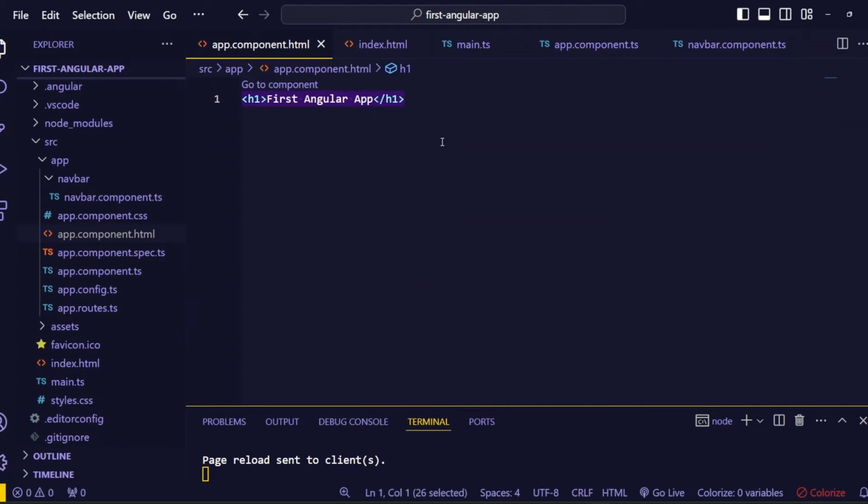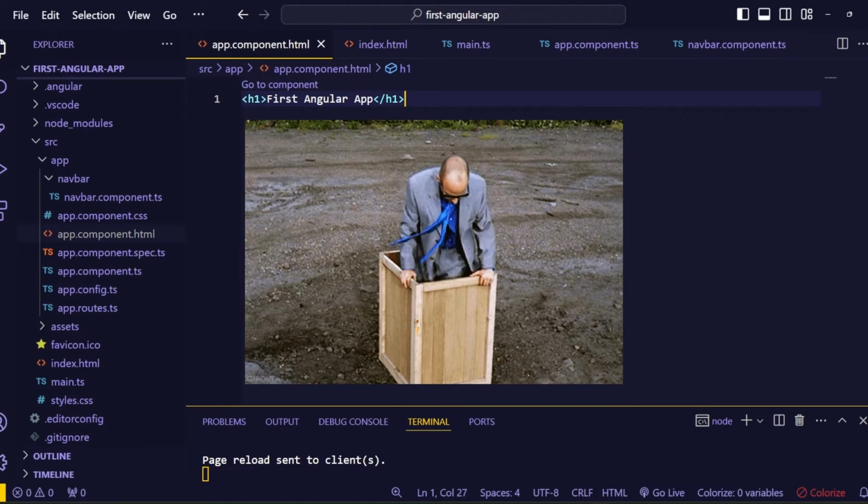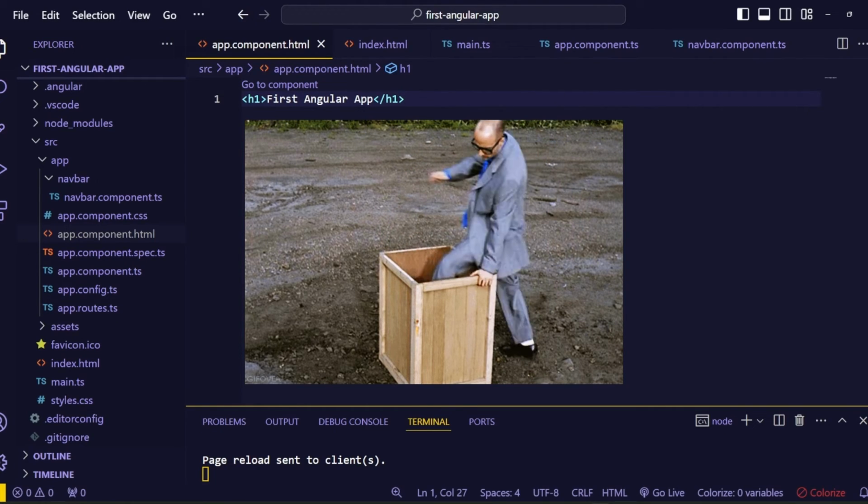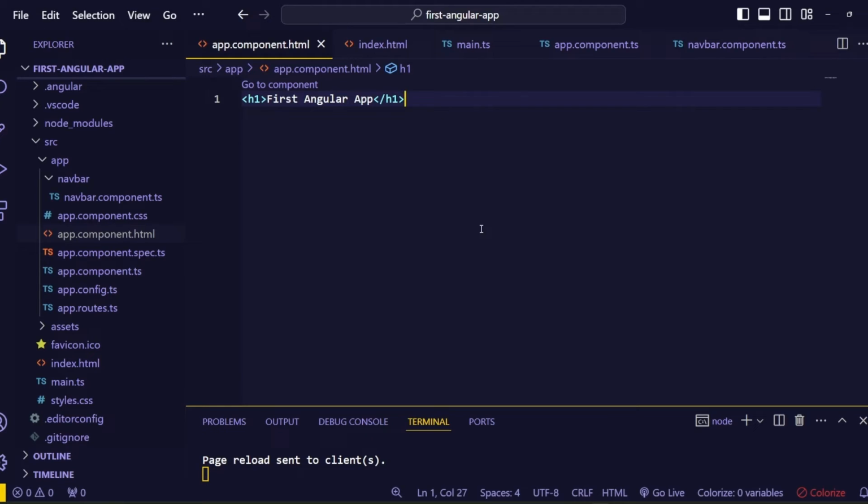So now let's see how to nest components. So guys, think of this like a big box. Inside of that big box, we will stack small boxes, right? So the app component is like the big box. Inside that, we will nest all the other components like the small boxes, right? So guys, this is also the same as the index.html file. In order to load another component file inside of the browser, we have to add that component selector as a